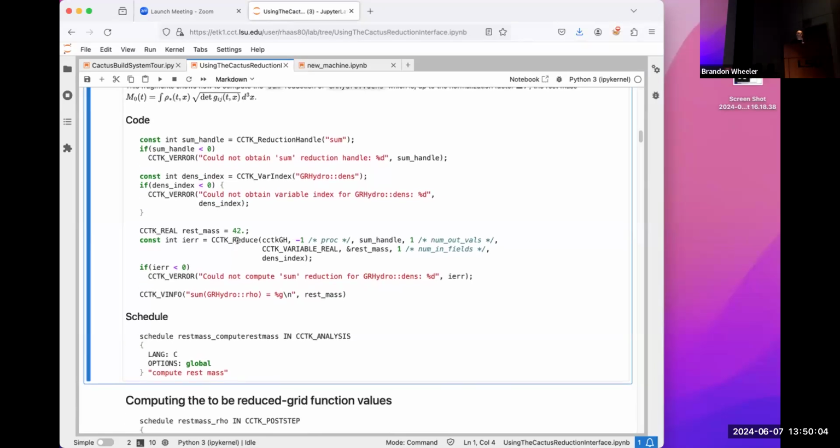And I have everything assembled to actually call the reduction function. I give it this DKGH -1 so that all the MPI ranks are told what the answer of the function does. My sum handle that I've just obtained, I have an output value. It's a real value grid function. I want to store that one in the rest class variable. It could be an array, but the pointer to scalar is as good as an array of one number. I have one input field, namely density,